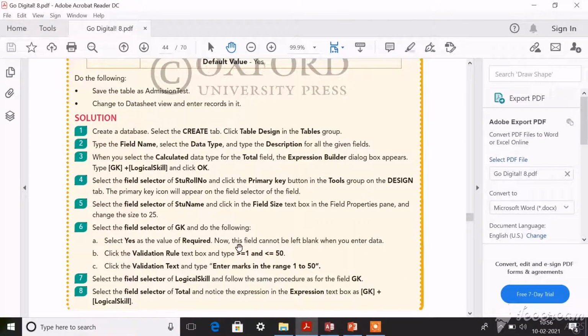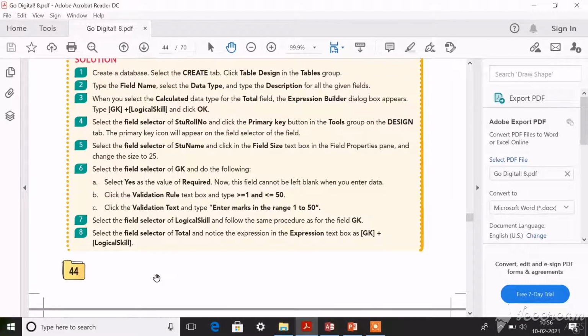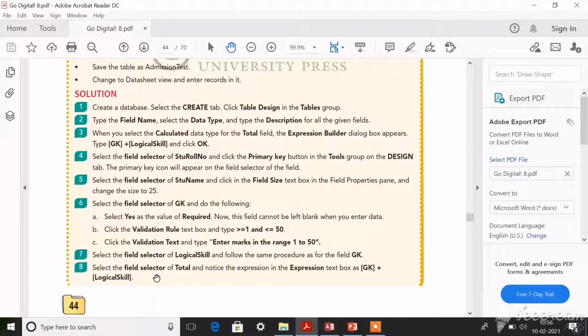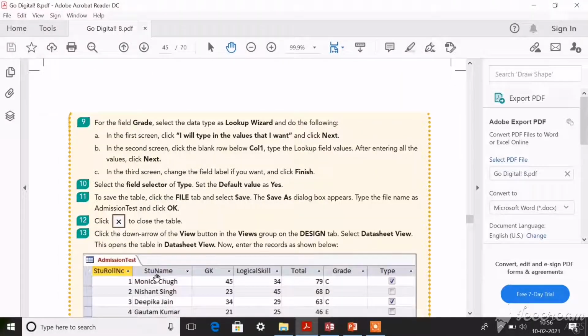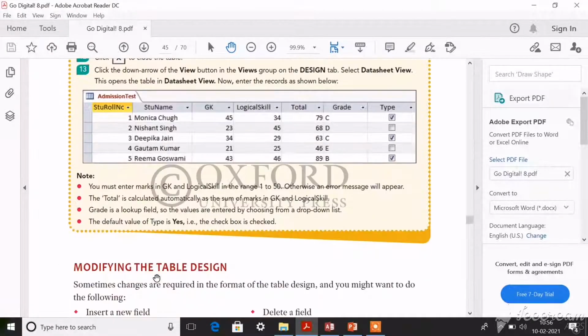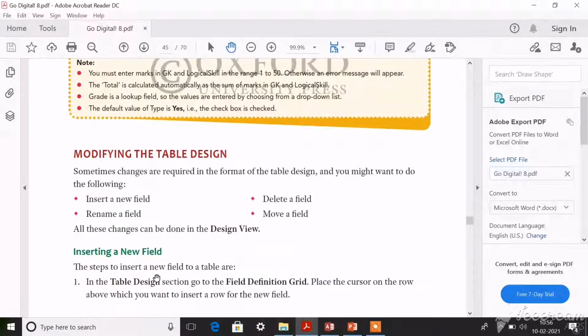Look here, the solution is also given. You should create a database. How to create it is given, and what you should do after creating it is also given. Follow this and try to enter the values in the data sheet. While doing this, if you get any doubt, you can text me or contact me through my WhatsApp number. Okay dear children, will you do this? Try this out.